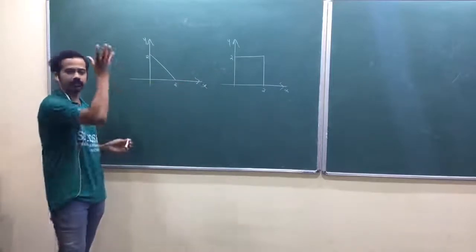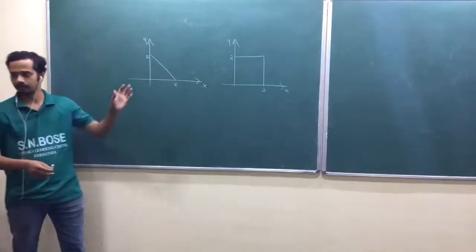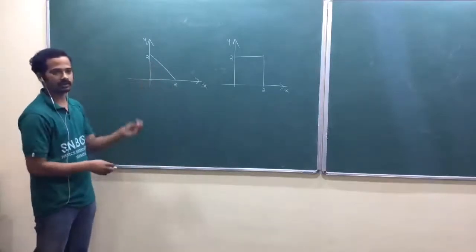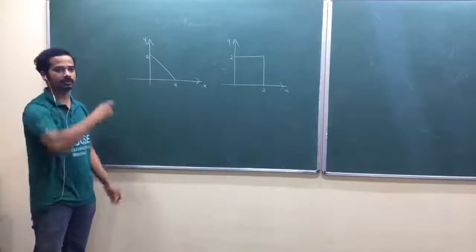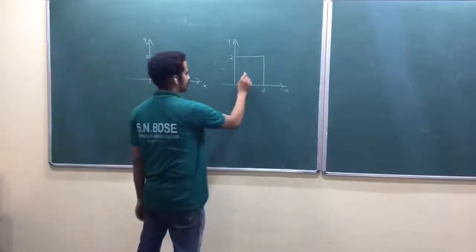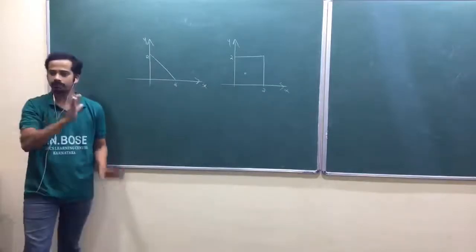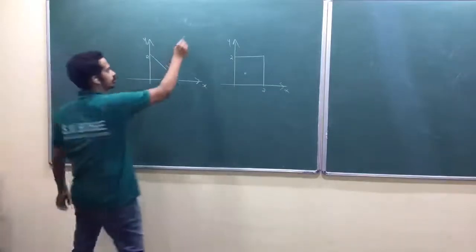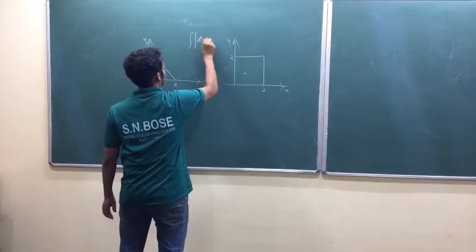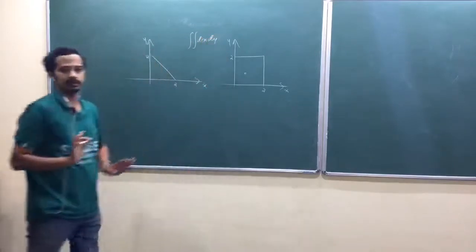Now, functionality will come inside the integral. Now we don't have to take functionality, we can take dx, dy. You have to integrate, am I right? The elementary area is dx into dy. You have to integrate, am I right? Then you will get the total area. That's what I'm doing here: the integral of dx dy to find the area.